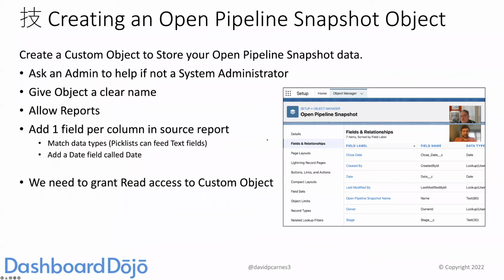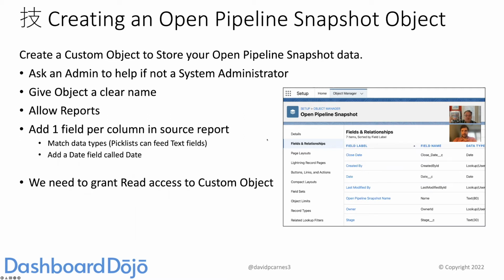All right, so now we get on to the deeper end of the swimming pool of creating an open pipeline snapshot object. So we want to create a custom object to store your open pipeline snapshot data. If you're not a system administrator or you've never done this before, you might ask another admin for help. As a sysadmin in our dev org, we can go under setup, we can go to the object